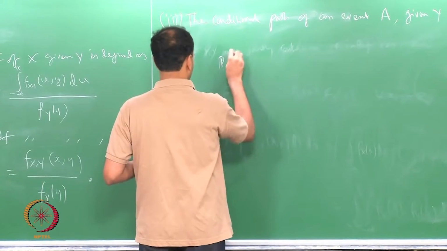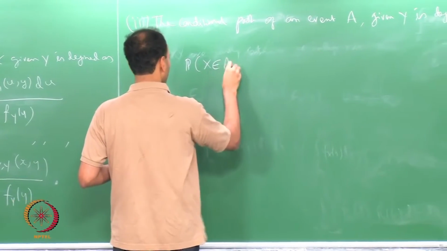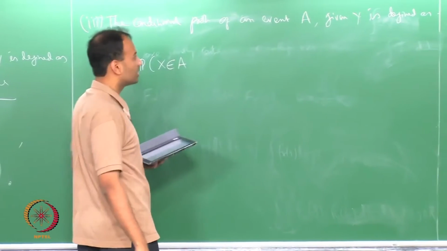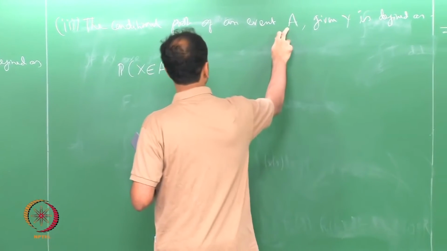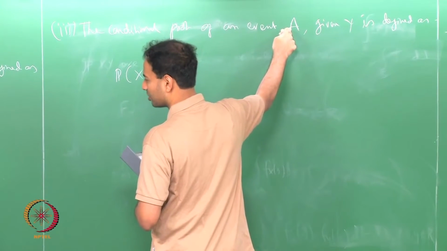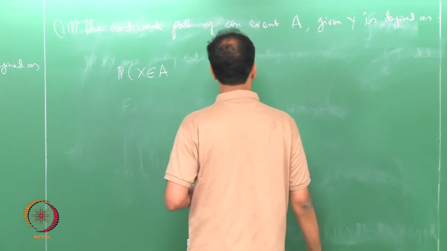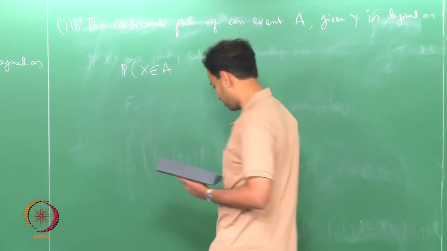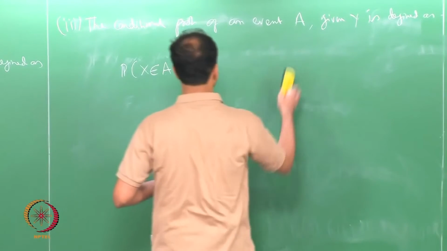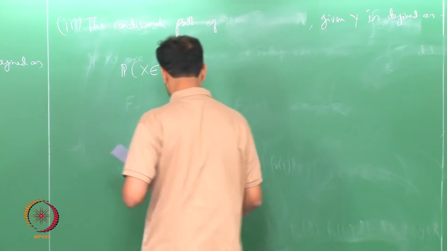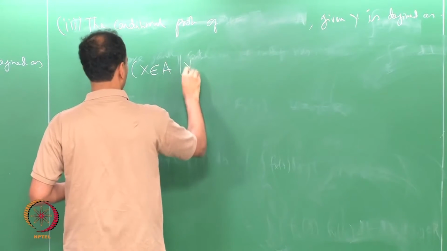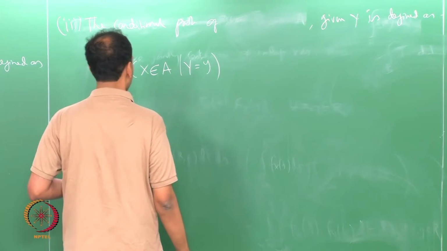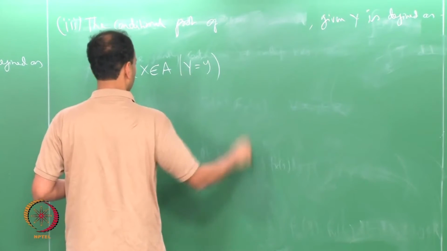So it is defined as follows: probability that, so I am looking at the event x belongs to A, right. This A is, well, this is not really an event, this is probability of some Borel set actually. So maybe I should not say it is an event. So let me write this down. Probability of x belongs to A given y equal to y is defined as